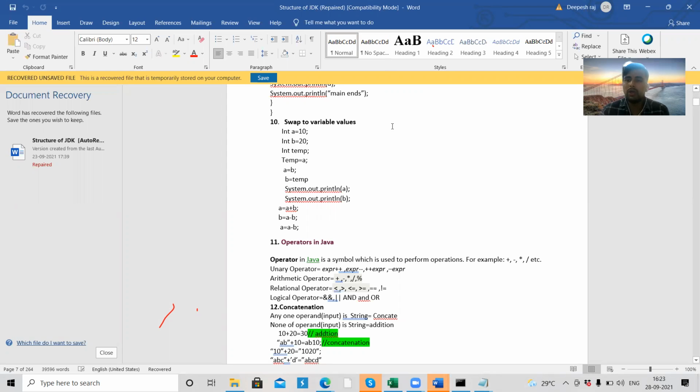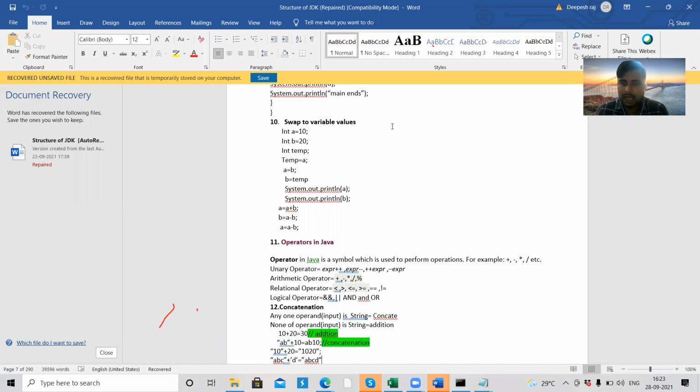Let's take two conditions, A and B. In the OR operator, if both conditions are false, then only we are going to get false. If either A or B is true, we are going to get the result as true. That is the use of OR.